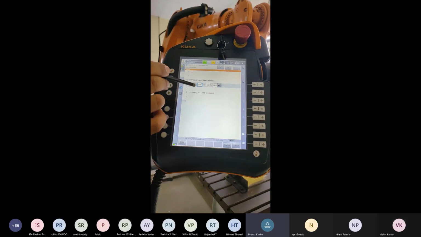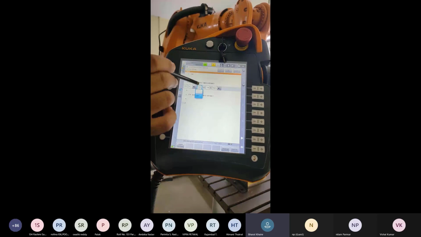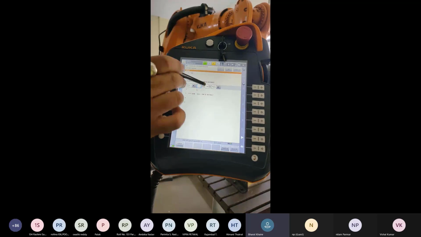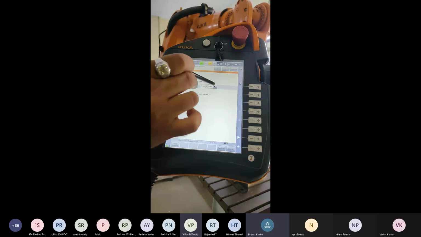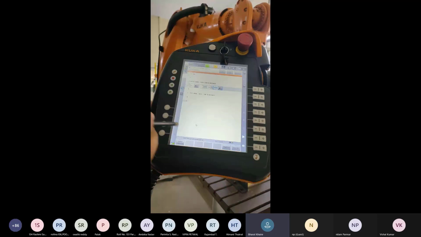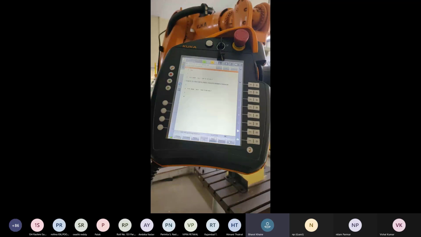If we select continuous, the corner will not be followed. Velocity 100% means 2 meters per second. Okay, that is the point name. Now we give the command OK. So this point is saved in our program.